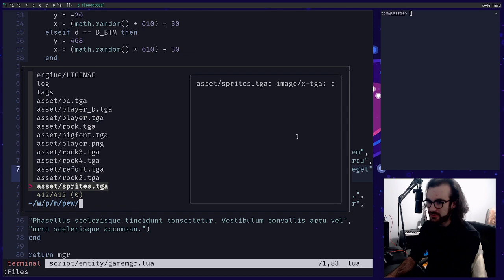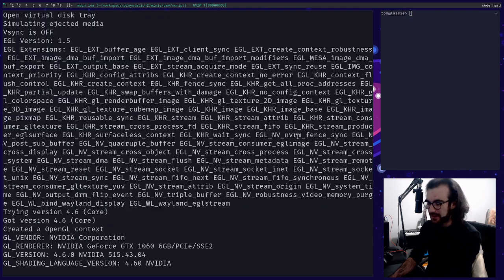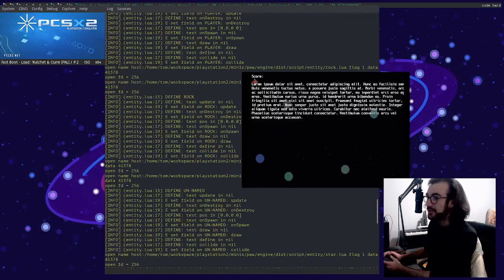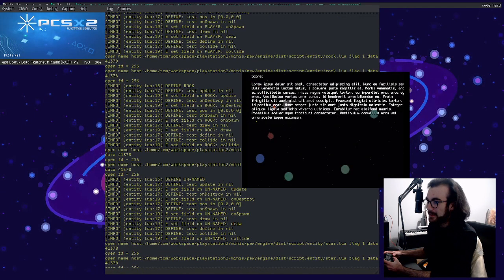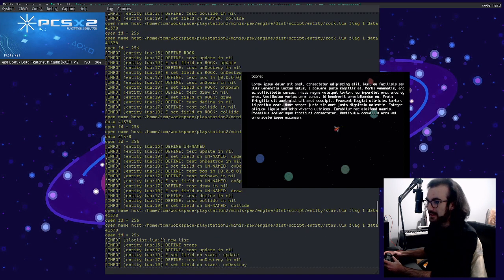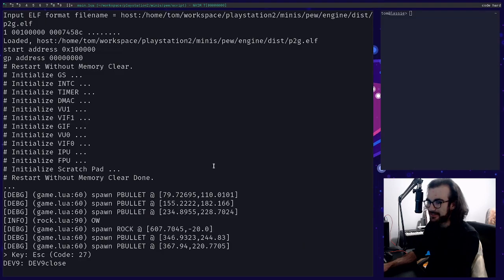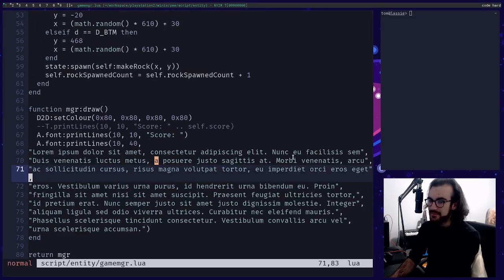Let me just make sure. Yep, we're definitely not in a slow renderer. Okay, so text is slow. We have learned a valuable lesson. I guess this is a lot of drawing too, like with the stars and stuff in the background. We're probably thrashing the limits of our renderer. Okay, so in conclusion, text is fun.